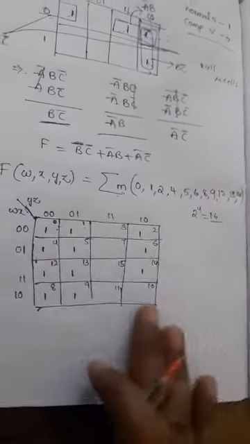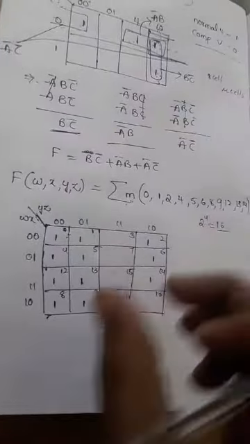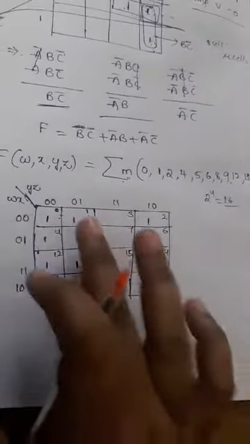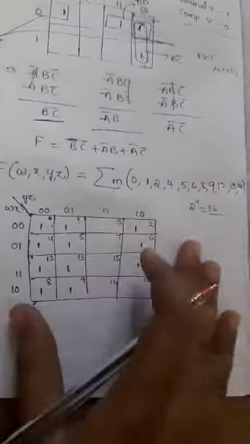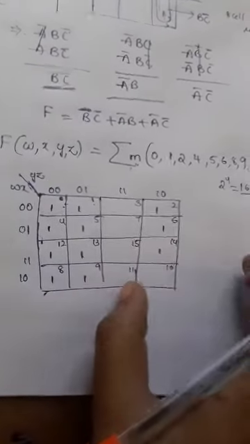So that means in those cells the possibility is 1. That means SOP is highlighted. Sum of product minterms are highlighted in these cells. Okay, directly we are having the information. So by reducing these cells, that means by grouping these cells, we'll get the reduced equation from this. Okay, so you can check here: any quad is possible, any octet is possible.